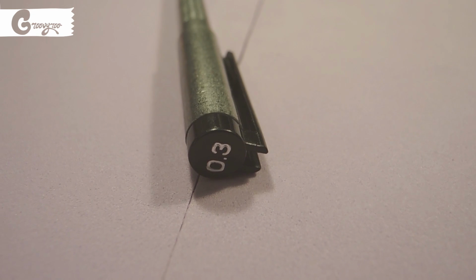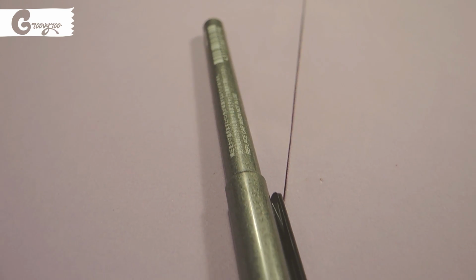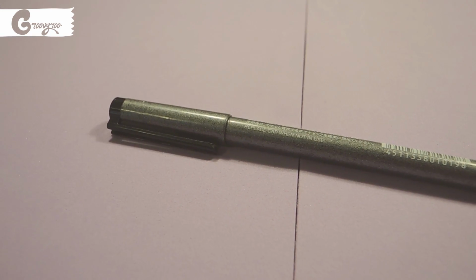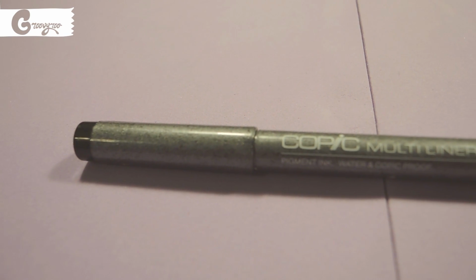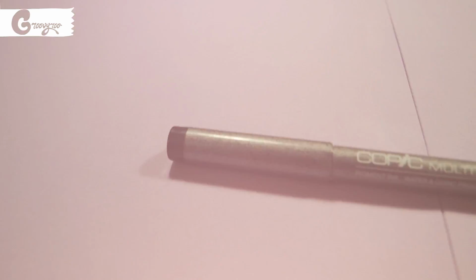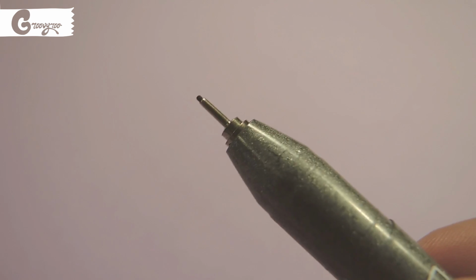So I went there and I bought the skin color theme from the Copic Ciao, and that one came with this tiny thing that looks so tiny but is so good. This is a Copic multiliner, black, 0.3, so it's very thin, and I really adore this thing because one of the good things about the Copic markers that I think most people don't mention is that you can mix the colors together, and the other thing is that you can paint over this multiliner with the markers without it spreading, and that's glorious. I don't know about you guys, but for me,